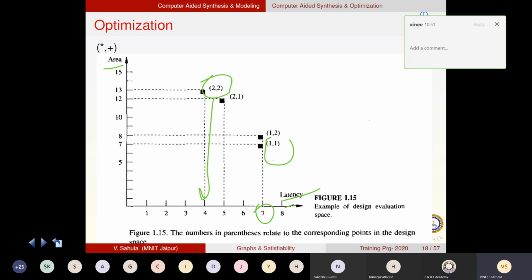The cost will be higher. Their area is 13, and with one and one, the area is 7. So the point is, I am getting almost a 7 upon 4 speed up, the time ratio, which is almost twice. The speed becomes twice, but my area also becomes almost twice, 13 by 7, right?